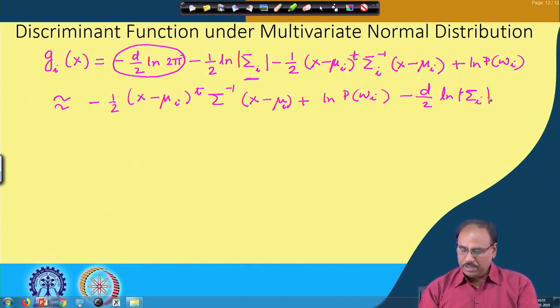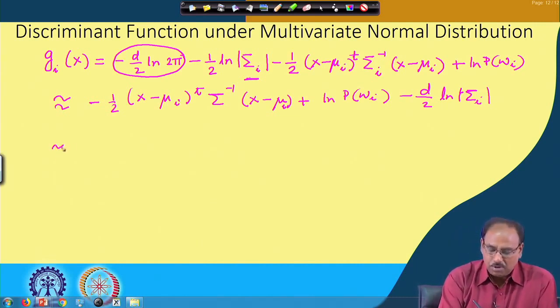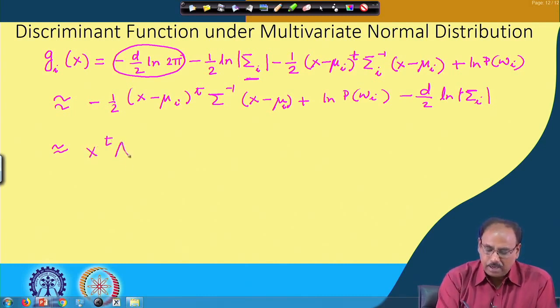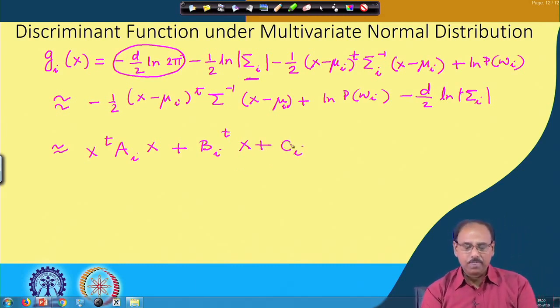Right. So, given this, you find that this expression is of the form x transpose A_i x plus b_i transpose x plus c_i. I can simplify this expression in this form: x transpose A_i x plus b_i transpose x plus c_i. And now, we find that because of the presence of the term x transpose x, I will have, if the components are x1, x2, x3 and so on of the feature vector x,